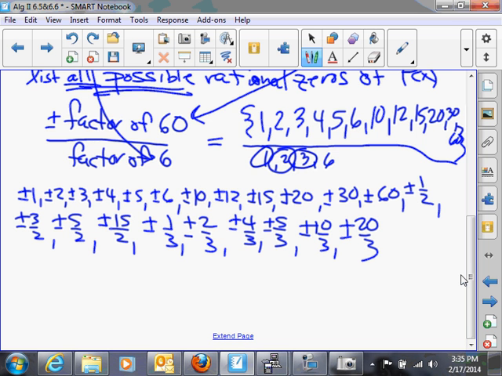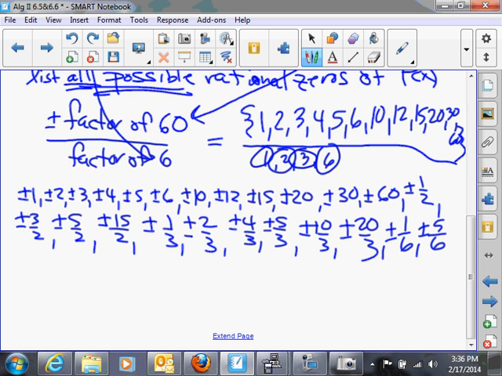That one's already there. Now we'll go back and we'll use 6. That's plus or minus 1/6. 2/6 I've done. 3/6 I've done. 4/6 I've done. I haven't done 5/6. Plus or minus 5/6. 6/6, of course. 10/6 is 5/3. 12/6 is